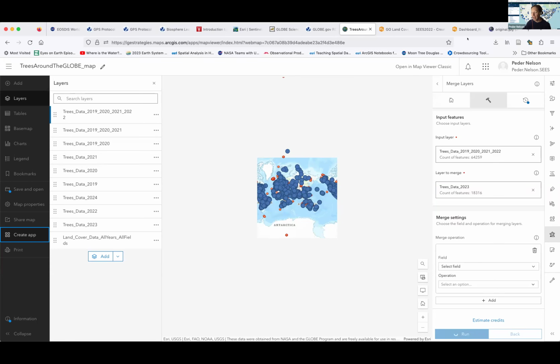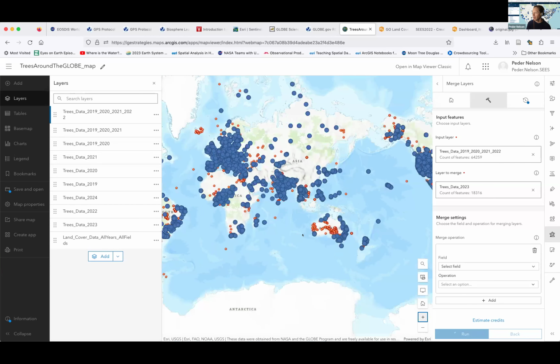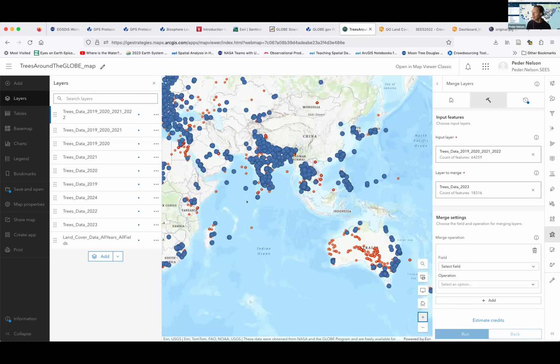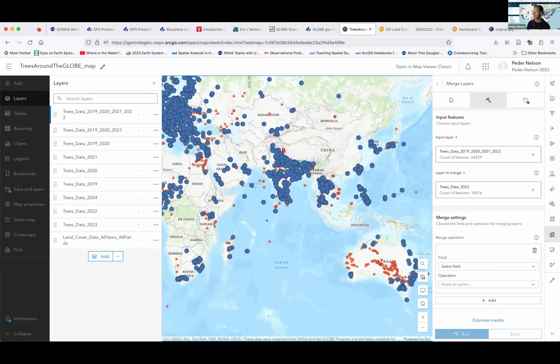Okay. And this goes back to, yes, we can and should work with data that is stored in a database like this. However, the shape of that data, where it falls on the world, might not actually be exactly where we need it for our questions. And this happens a lot. Let's zoom in on this location, and we can start to see that there's a certain geographic pattern to some of our data.